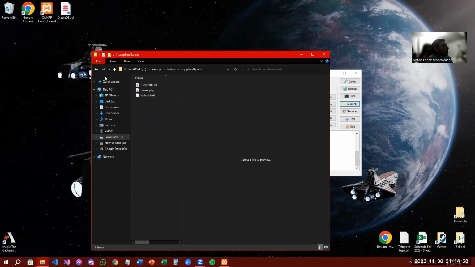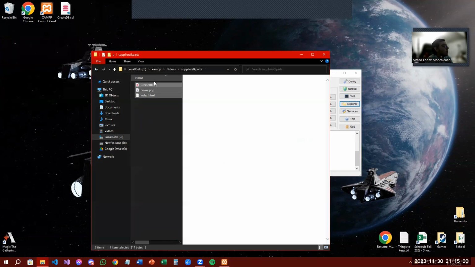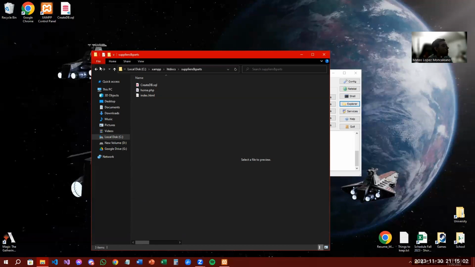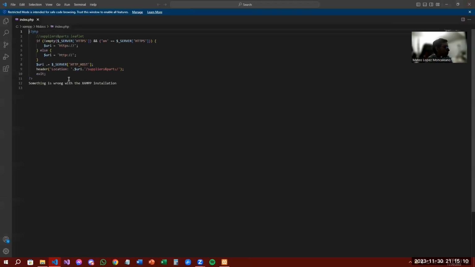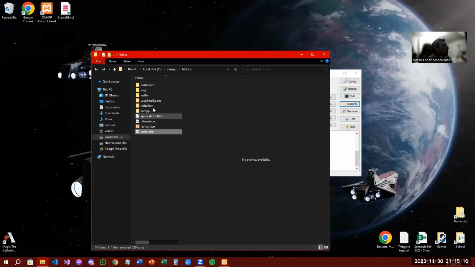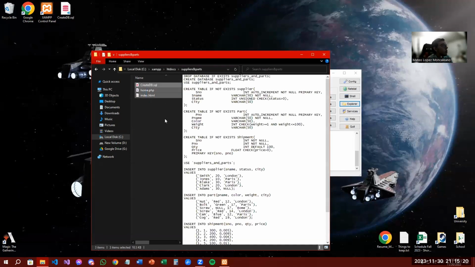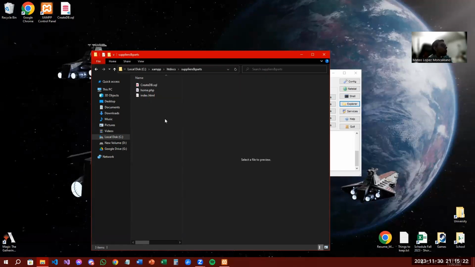put this folder right here with these 3 files into htdocs, and then you need to also have this index. So the index will take you to the folder, and we'll use the index from the correct folder into exam. So